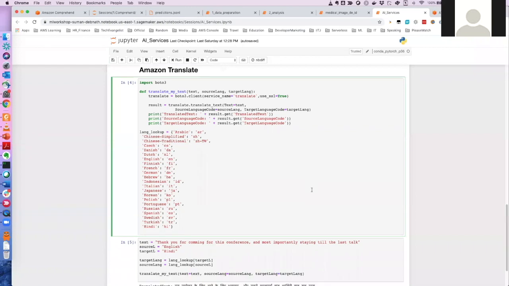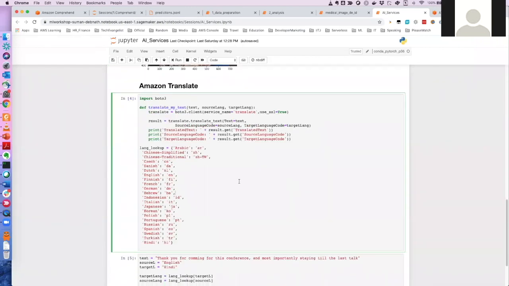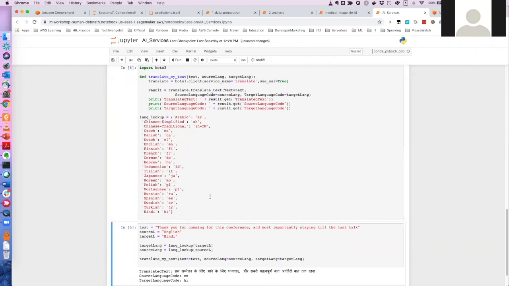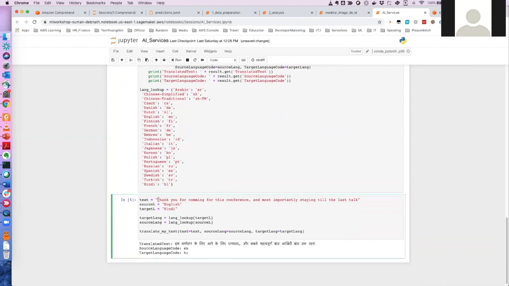Yeah. Okay, perfect. So this is Translate. Again, we just have to call it as a Boto3 client, Translate, and that's all. Then you can give some text, any text. I'm just putting some text, and I'm saying that the source language is English and I want to convert it into Hindi. The way Amazon Translate works is you need to give the source and target language not as English or Hindi but as two small letters, because this is what the RFC standard says.